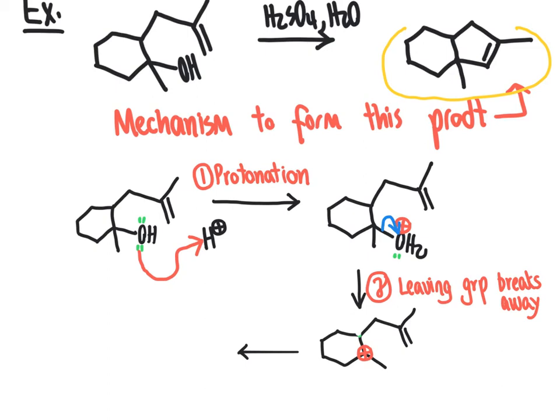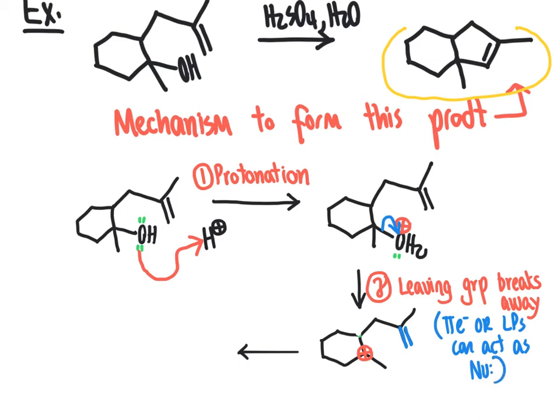So as we have this molecule set up, when we look at what we have available here, we have pi electrons over here as part of this alkene group. And we've talked previously about the potential nucleophiles in reactions can be either pi electrons or lone pairs. So pi electrons or lone pairs can act as nucleophiles. And so if we're thinking about how we can make a 5-membered ring within this molecule,